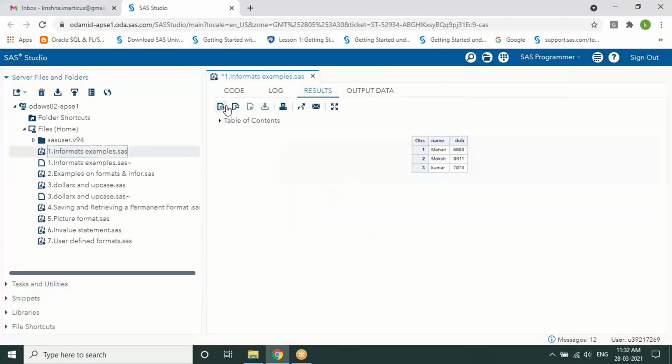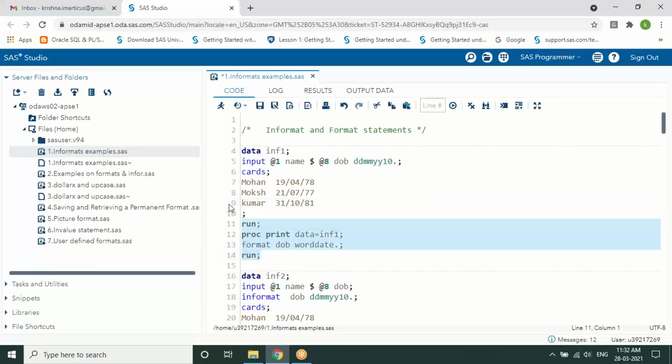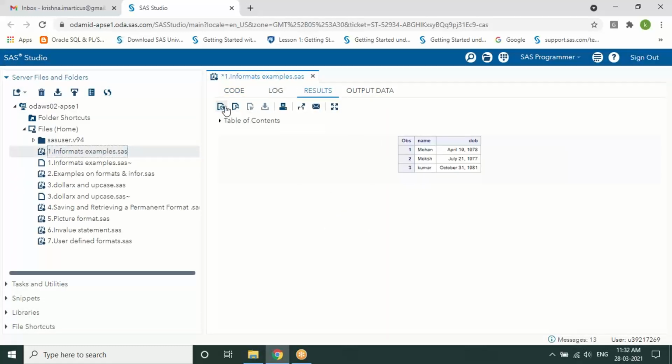As per the default understanding of SAS, it will be storing everything as numbers, which is not understandable to us as a date of birth. So what we are going to do now, at the time of printing, I want my date to be printed with some format. Let's say DDMMYY, MMDDYY, anything, word date, week date, many formats are there, as per the output which is to be displayed.